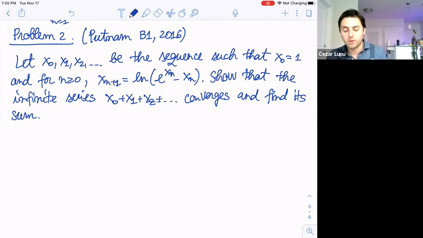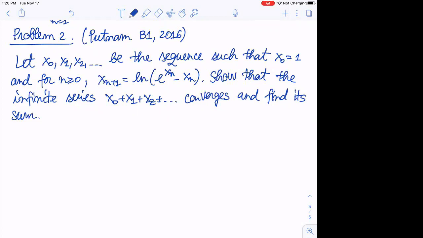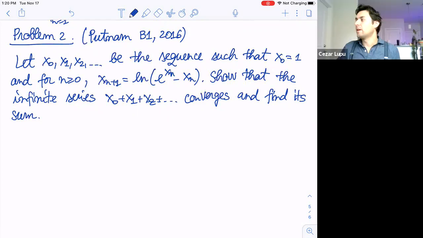So how would you approach? Let me tell you what is the real danger of this problem. So the real danger of this problem is the following,